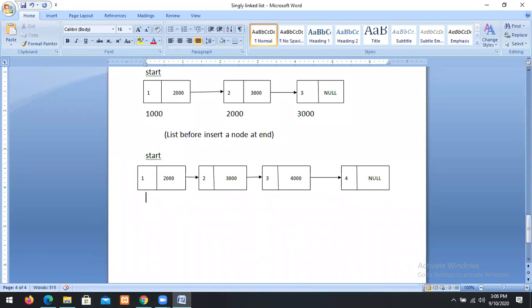The address of the first node is 1000. The address of the second node is 2000. The address of the third node is 3000. The address of the fourth node is 4000.